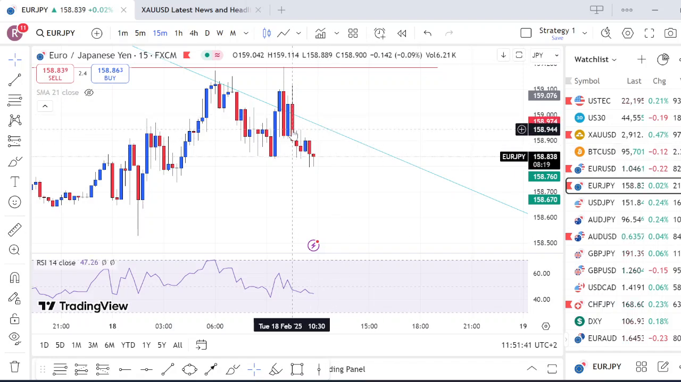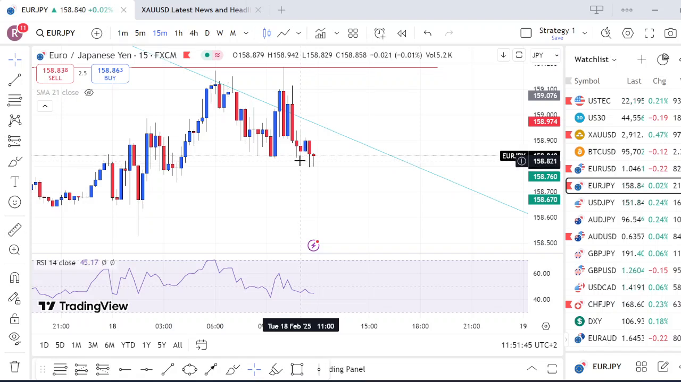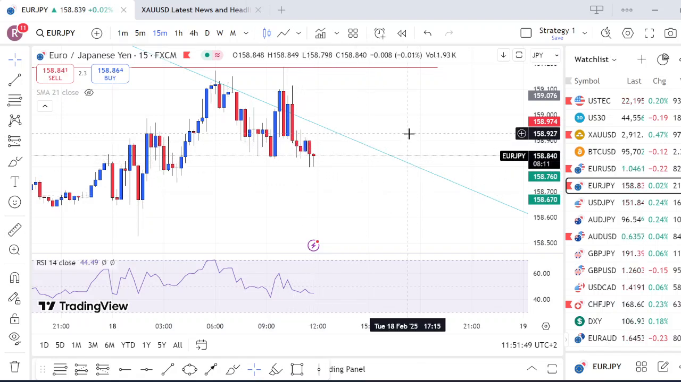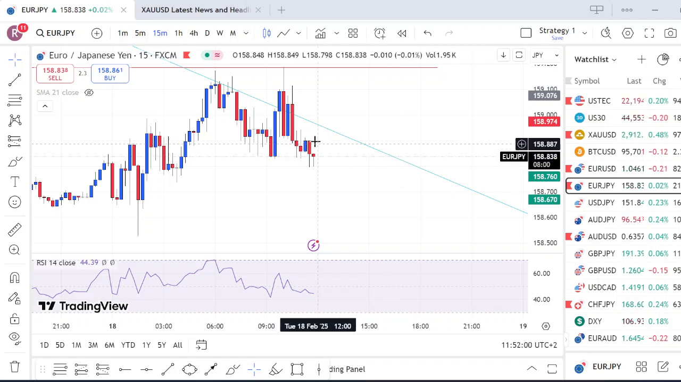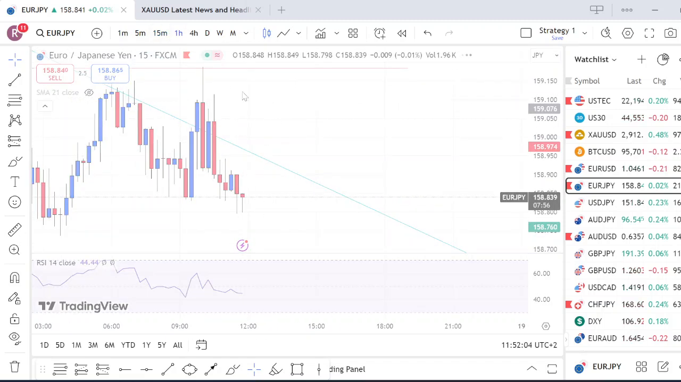I do see 3 red closes here on the 15-minute. However, again, that would have been my signal followed by confirmation. We did not get the confirmation. Seem to be finding some support here. So I would like to see either a clean break off this level at 158,838, or even looking at my